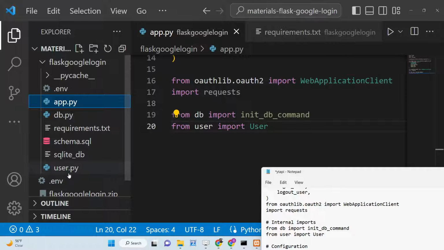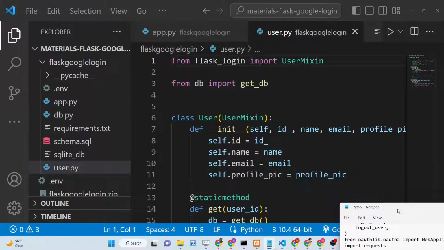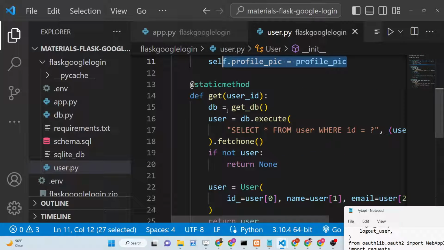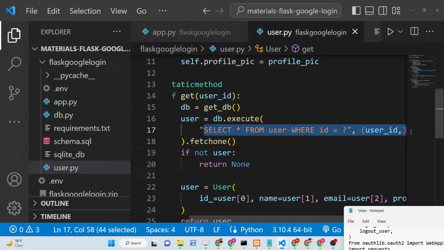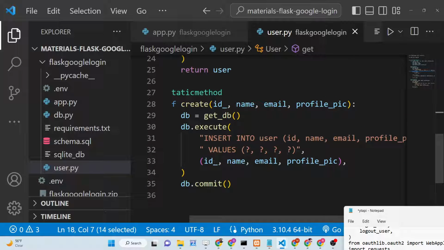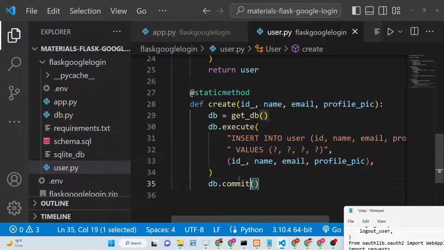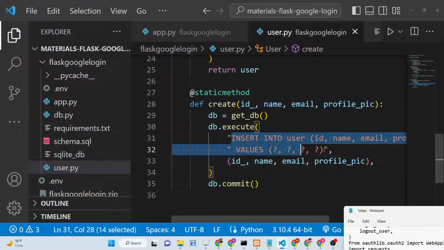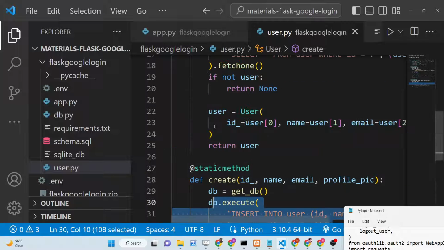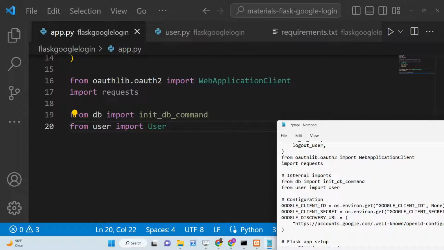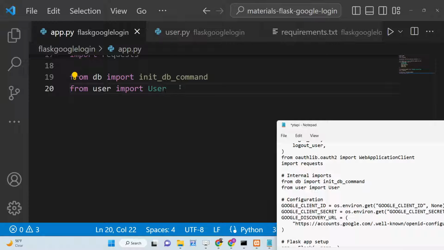So if you check, this is the file user, and basically we are storing three variables: id, name, email, and profile picture. So basically we are initializing the database, selecting all this information from a database using the select statement, and then in order to insert, we are using the insert statement. I think if you studied SQL, you will be knowing what these statements do. So inside we are just fetching all these libraries, and now we just need to configure